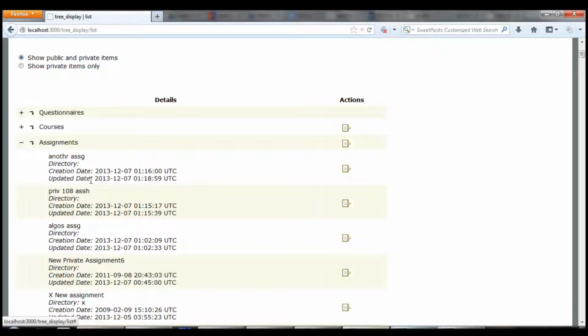As I can see, the assignments are ordered by the decreasing order of updated date, and the same for